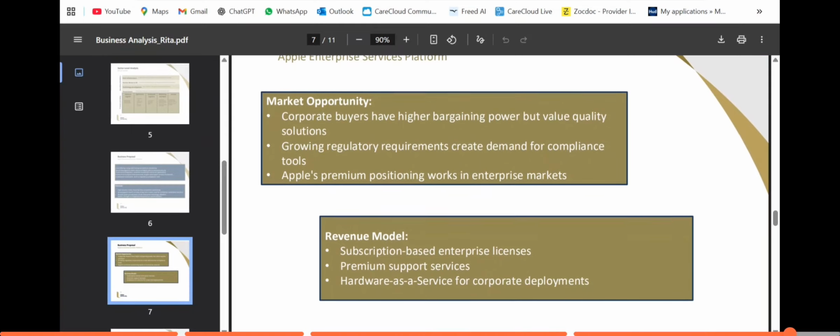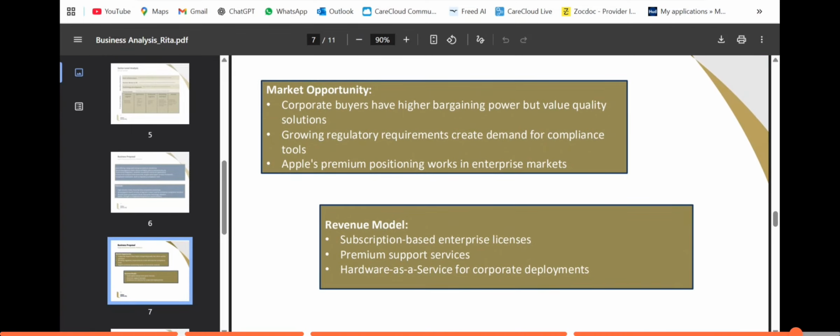What is the market opportunity for this B2B side of things? There are a lot of corporate buyers, and corporate buyers have higher bargaining power, but value quality solutions. There is the growing regulatory requirement that creates demand for compliant tools, and Apple's premium positioning